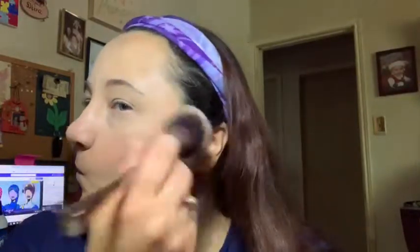Okay, and let's take a beauty blender, the top of this one, because this is a Super Shock highlighter. I mean, blush. Maybe I could get a little better color payoff that way. Let's go ahead and soften up those lines a little. Like so. Okay. Now,